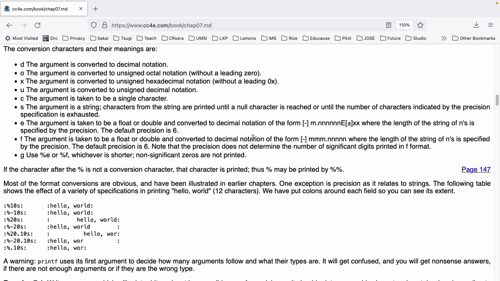The conversion characters and their meanings are: d, the argument is converted to decimal notation. o, the argument is converted to unsigned octal notation without a leading 0. x, the argument is converted to unsigned hexadecimal notation without a leading 0x. u, the argument is converted to unsigned decimal notation. c, the argument is taken to be a single character. s, the argument is a string. Characters from the string are printed until a null character is reached or